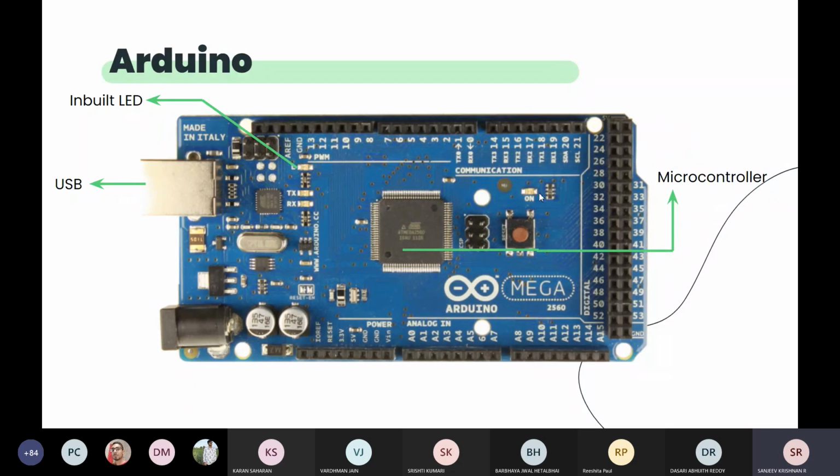Apart from that, there is this ON indicator, the power indicator. If your Arduino is getting power, this LED will be on, so it indicates power to the Arduino. There are other indicators too. This TX-RX indicates communication, which we will learn soon. So these are all indicator LEDs, and the inbuilt LED connected to pin 13 is controllable through code or program. This is a basic rough idea. We'll get to know more soon.